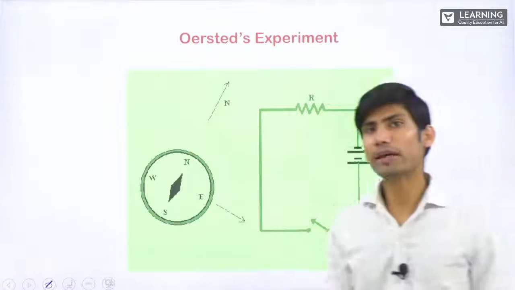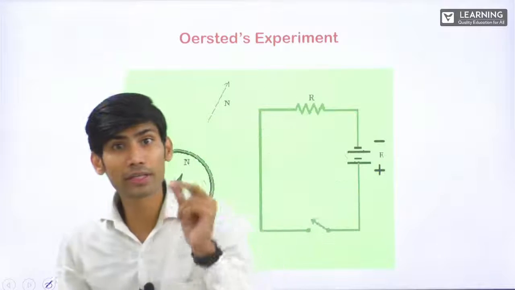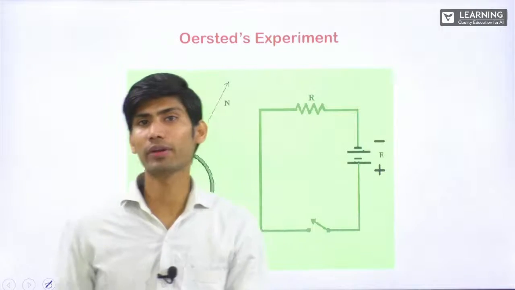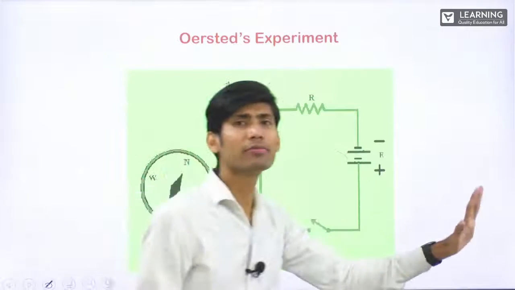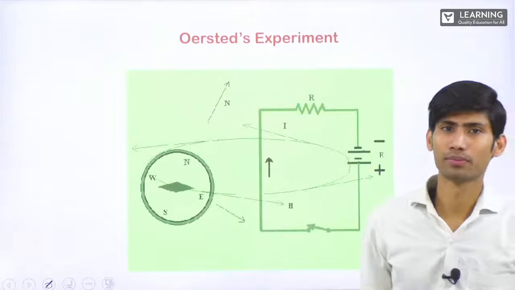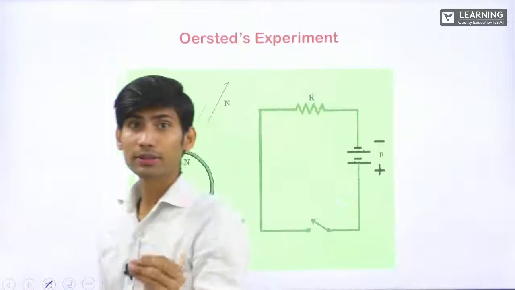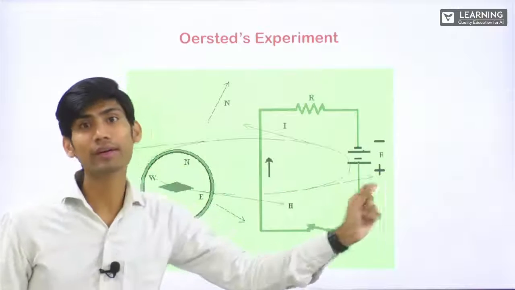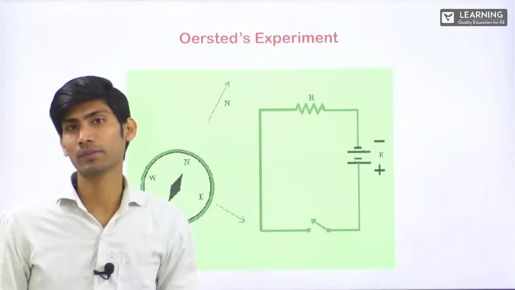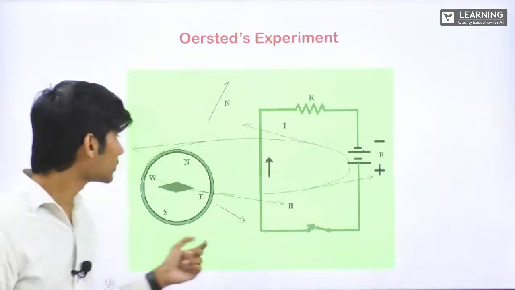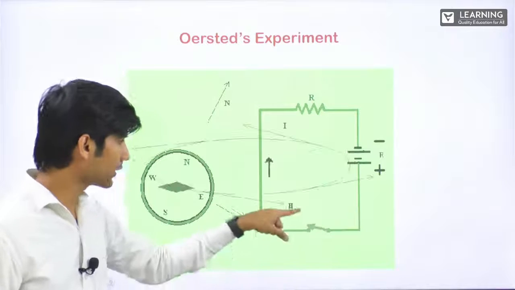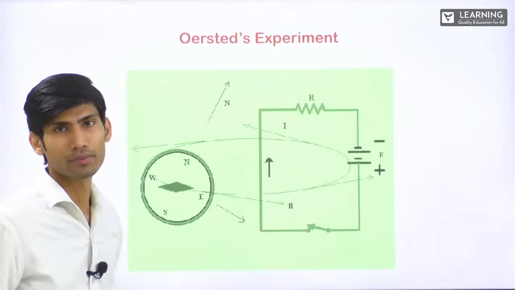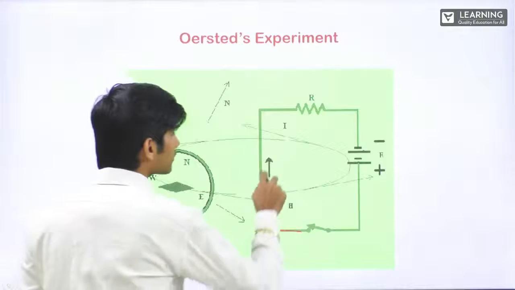Now he was confused why this happened, because a magnetic compass is a device which shows deflection only when there is a presence of magnetic field. With no other magnetic field, it will never show deflection. Clear? Magnetic compass is something which will only react to a magnetic field. Rest, no other field, it will show any deflection. Clear? So now he was confused that why, when I am switching this on, why this magnetic compass is showing deflection? Because the current is something which is flowing here,